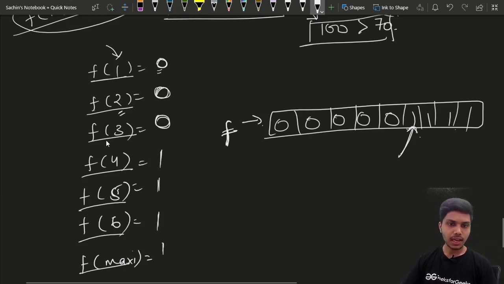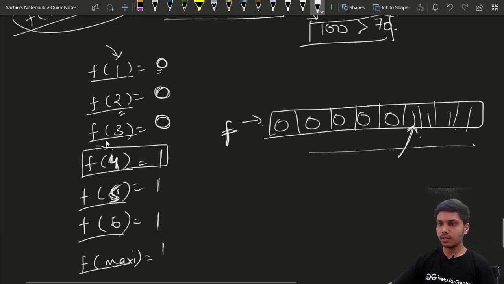So on we will check, and there will be some time where we can paint the whole board in that many units of time. Let's say it is 4, and after that it is always true for all the times greater than 4, that is 5, 6 will return true. So our function will generate a sorted array.